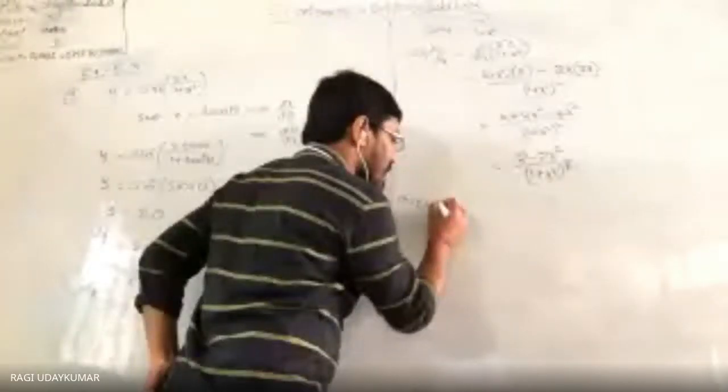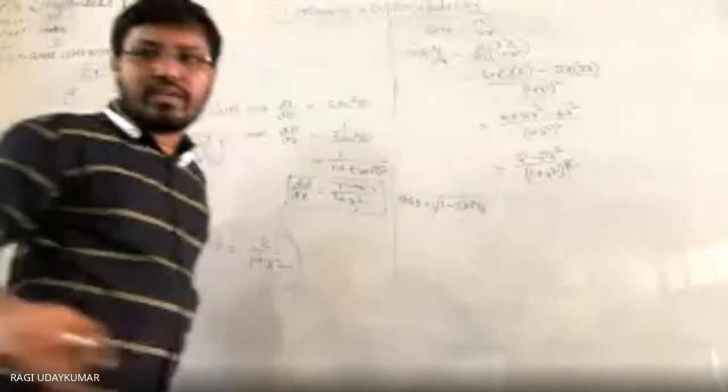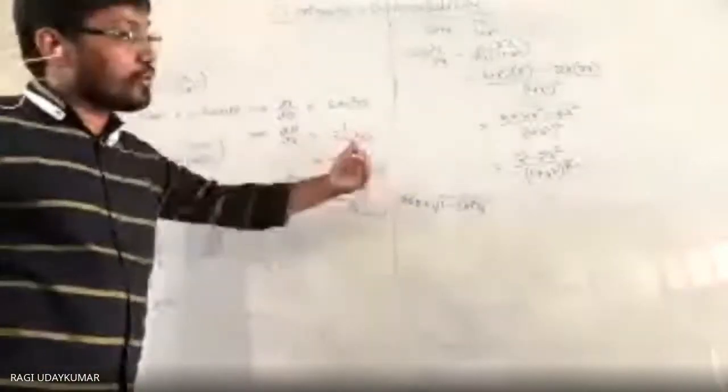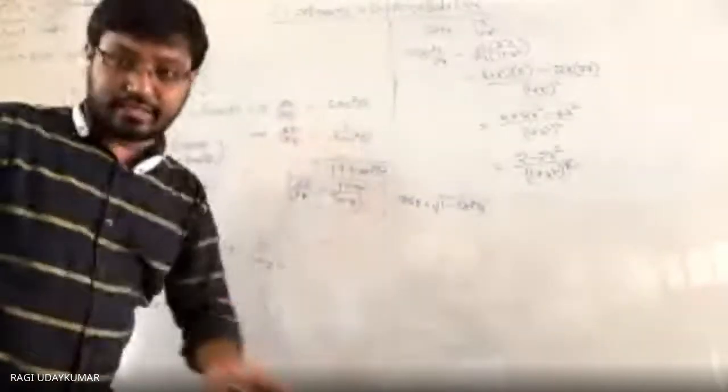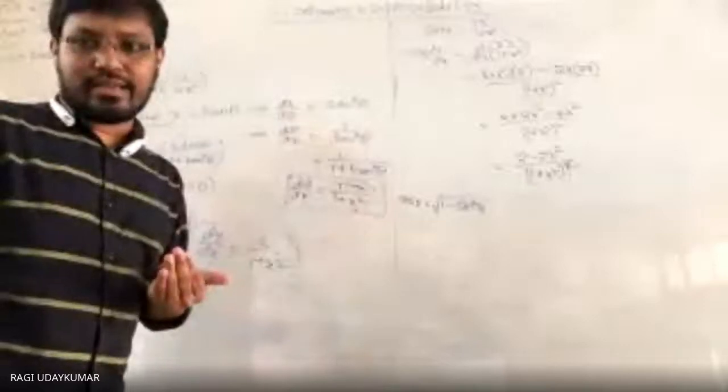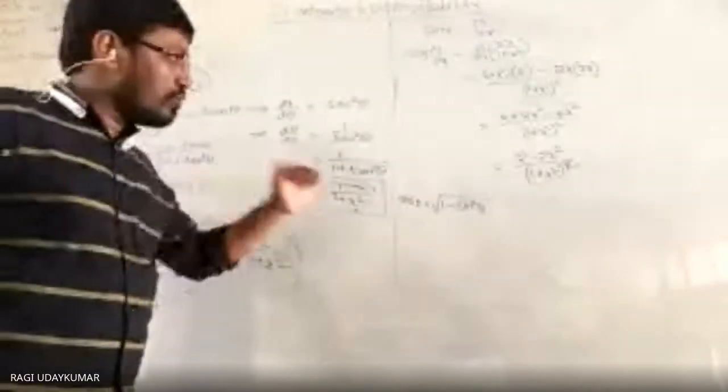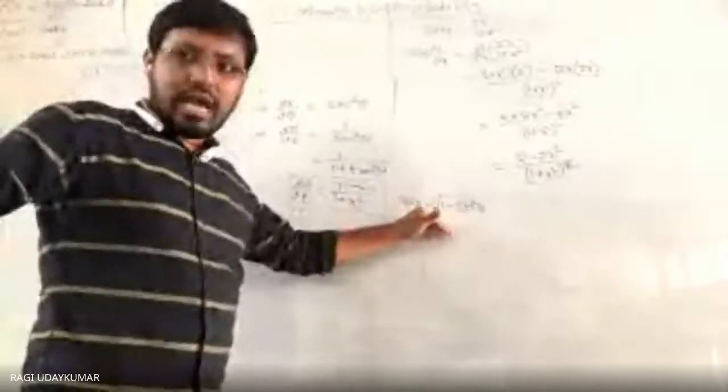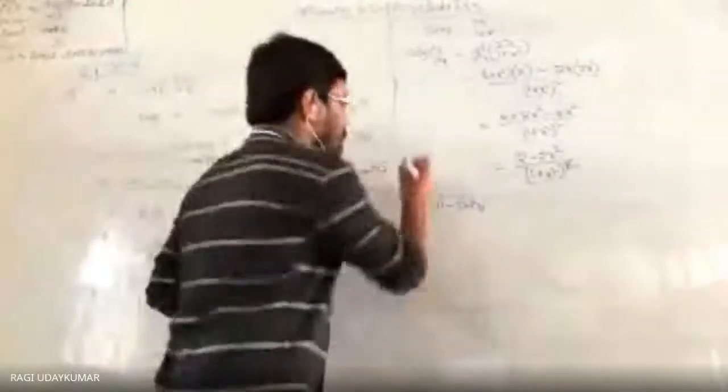Here cos y times 1 plus x square is equals to this; you have to convert the cos into the sin. cos y is equals to under root of 1 minus sin square y. So cos y also you need to express in terms of x, where sin y is equals to 2x by 1 plus x square. You can do it using this formula, or there will be multiple ways also.